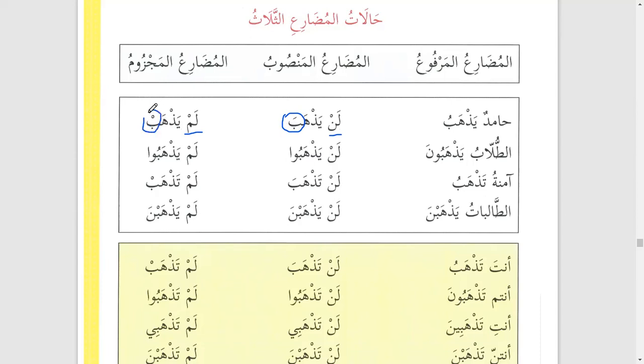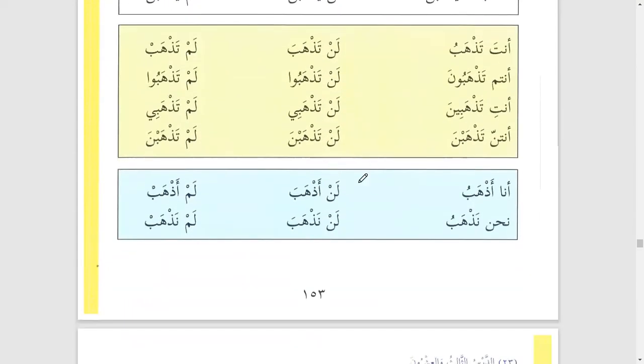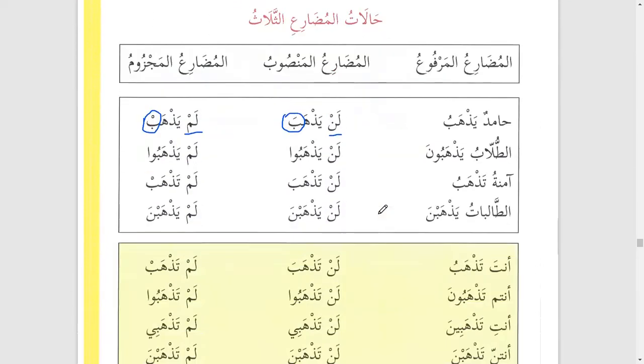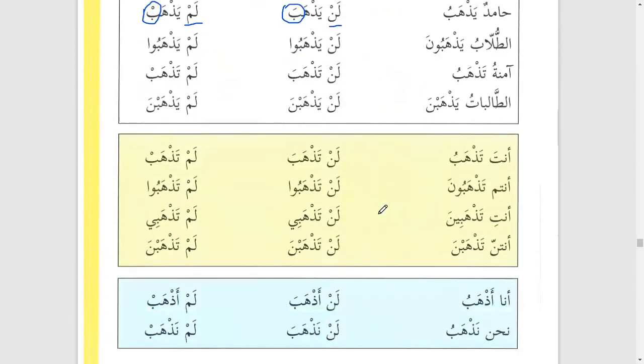And when we have lam or lamma or la nahiya before it, then it becomes majzoom. And what is common between them? Both of them cause the noon to be dropped. So whether it is mansub or majzoom, the verbs that have una, the noon will be dropped, and the verb that has ina, the noon will be dropped as well. That's it. So our unit is done. There's nothing else we need to go through in this unit.